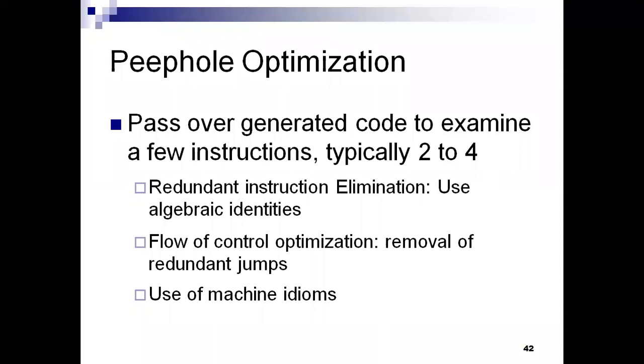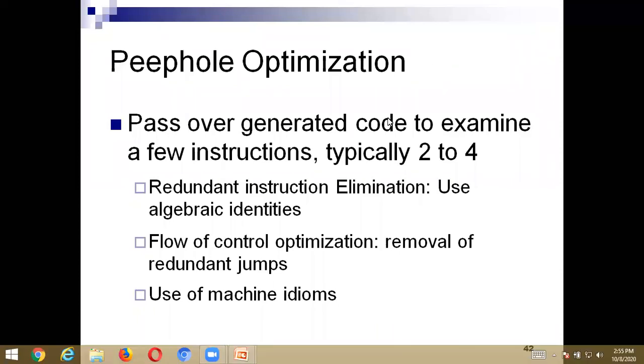The second one is peephole optimization. What is peephole optimization? First, you need to know the meaning of the word peephole. A peephole is nothing but a small window. That means a small window is moved over the target code, and the transformations can be made. That is what a peephole is.